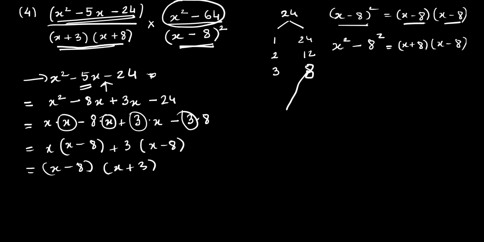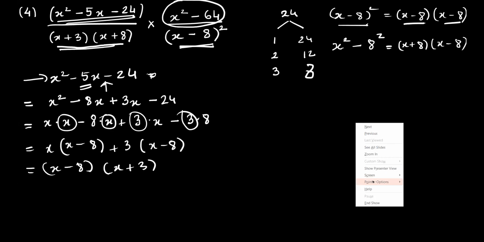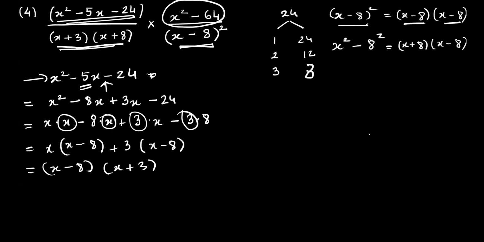Okay, wait one second. So now next, wait, I'll just erase that extra line that I made. So now if you notice this, if I write this also separately, it is x square minus 64. Now I have told you either it should look like these three terms or it can be one of the three formulas. देखो a square minus b square होना चाहिए, a cube plus b cube होना चाहिए, a cube minus b cube होना चाहिए. Out of the three, what does this look like? A squared minus b squared.